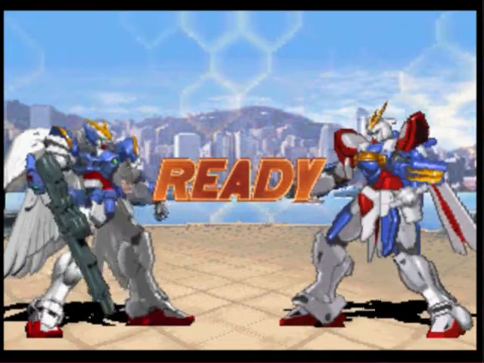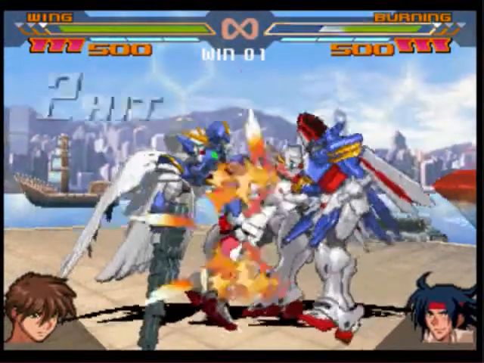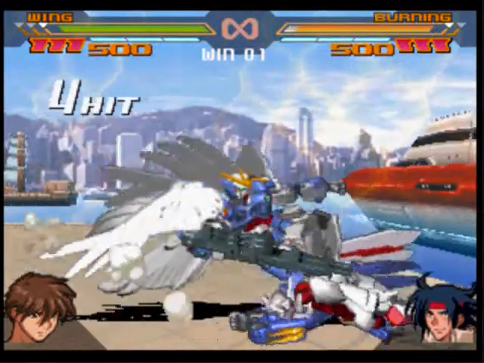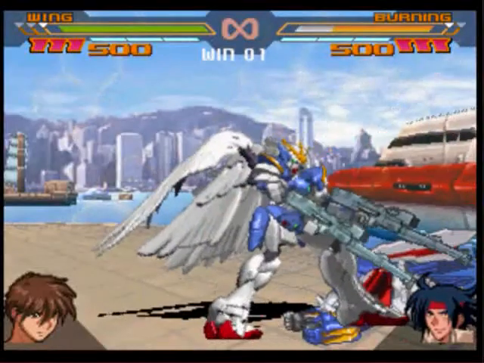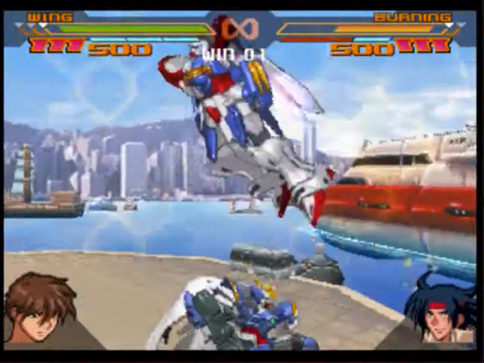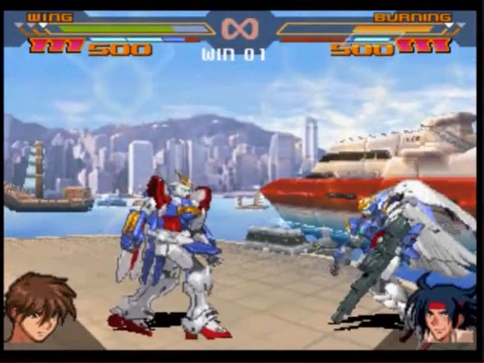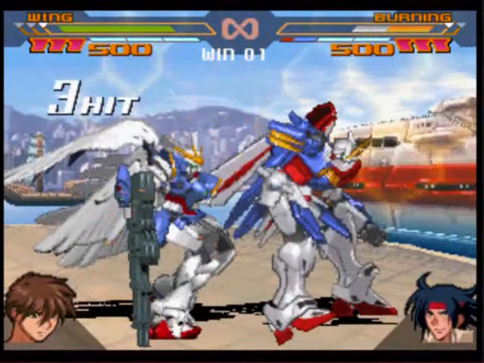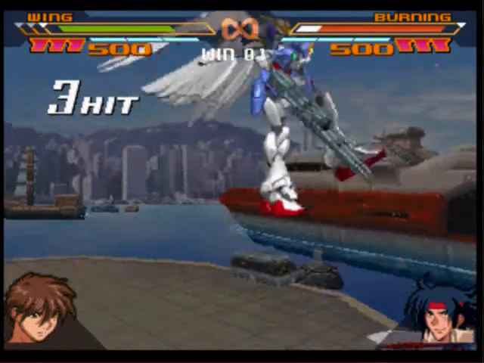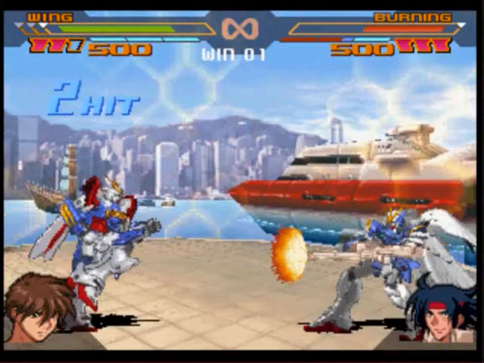So what a lot of people would do is spam Buster Rifle, Buster Rifle, Buster Rifle, and just keep your opponent away as much as possible, and you would just win that way. But that's not the be-all end-all strategy for Wing Zero, and any decent fighting game player will see right through that and just destroy you. Especially if that's all you have. So I'm going to try and explain why Wing Zero is more than just Buster Rifle. He has a lot of great normals, especially for what seems like a long-range character,